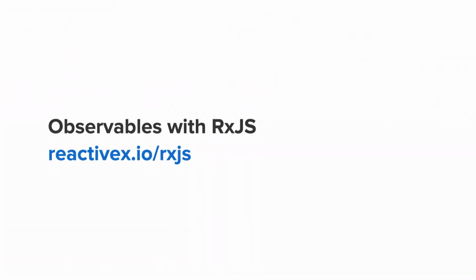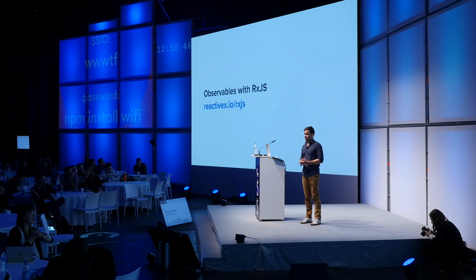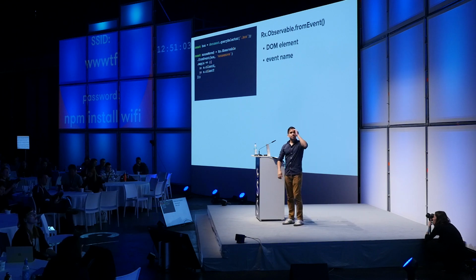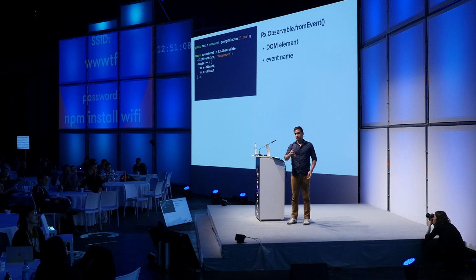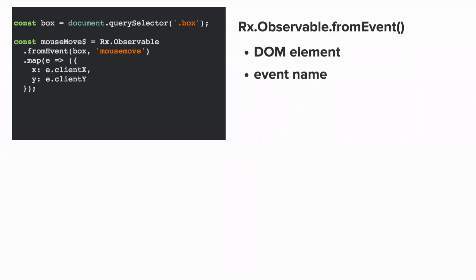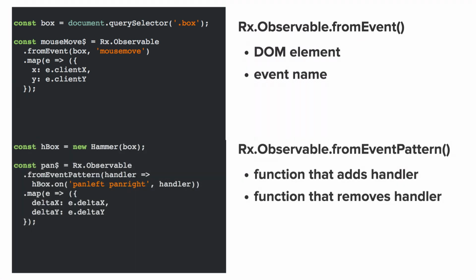So we're going to be implementing observables with rxjs. And this is a library that follows the observable spec. So this is something that could very well be a native part of the web. But this is essentially a polyfill with a whole bunch of goodies built into it. So if we do observable from event, we could represent mouse moves, for example, on the box by grabbing the client X and the client Y and being able to observe each one of those positions on the mouse. We could use